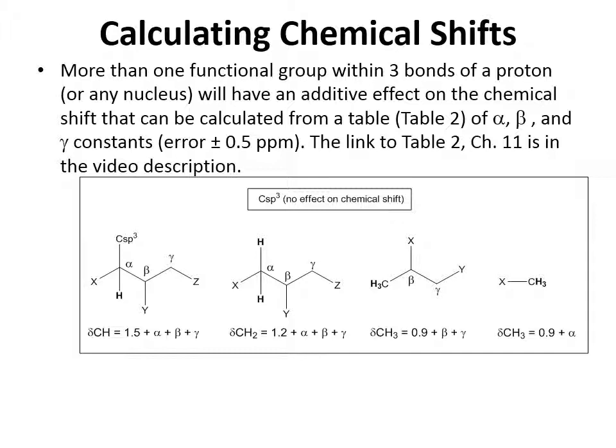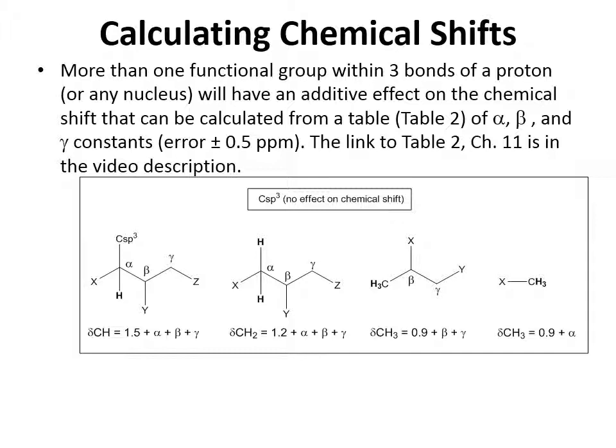that. You then add beta, so the beta constant is going to be for the group Y, which is 2 bonds away from the proton. And then you have to add the gamma constant for the group Z, which is 3 bonds away from the proton. Now for CH2, we simply modify the equation so that it's 1.2 instead of 1.5 plus alpha plus beta plus